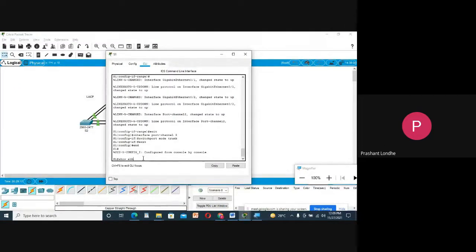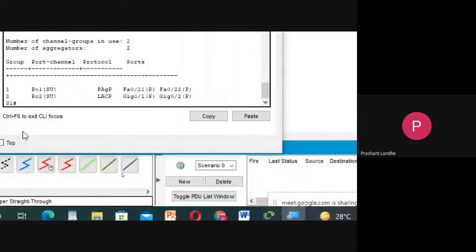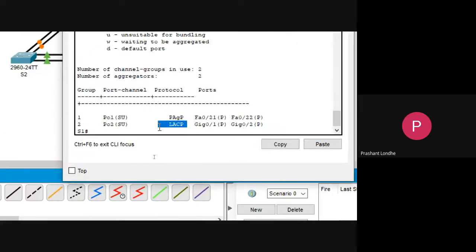Show etherchannel summary. Now just see here, first we have implemented PAgP for connecting to switch S3, and now we have implemented LACP for connecting with switch S2.